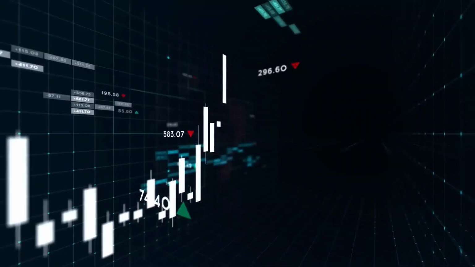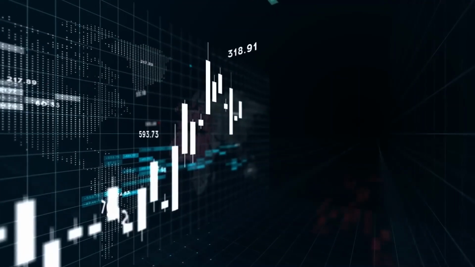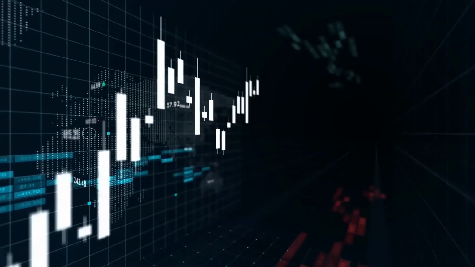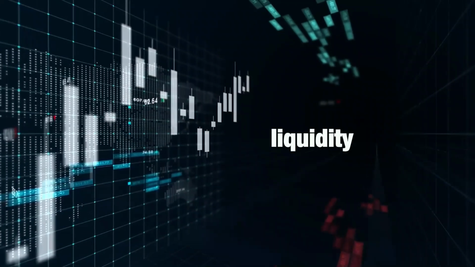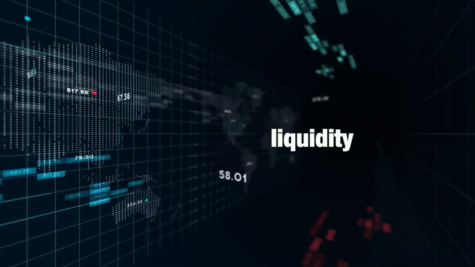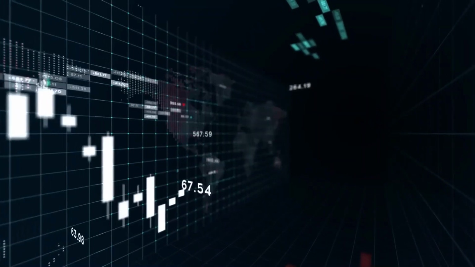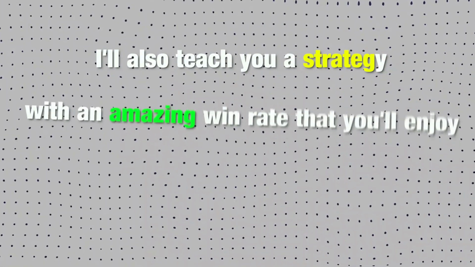It's time to make a big change in the trading world. Today, you're going to learn the main secrets and hidden tricks of working with liquidity, and you'll be able to use it to achieve consistent profits. You'll learn about liquidity in the simplest way possible, and I'll also teach you a strategy with an amazing win